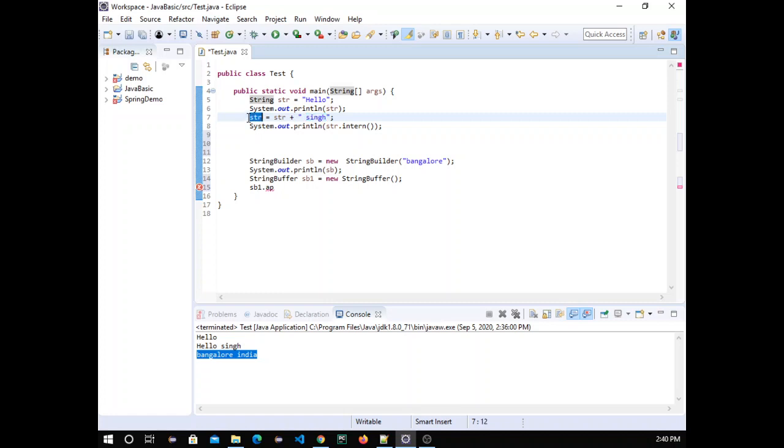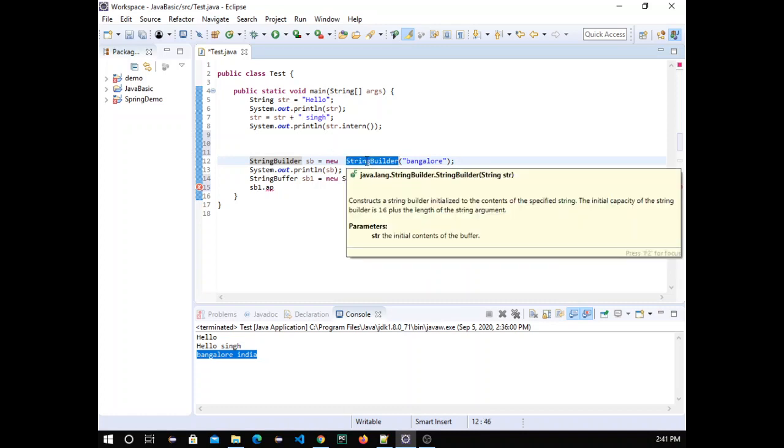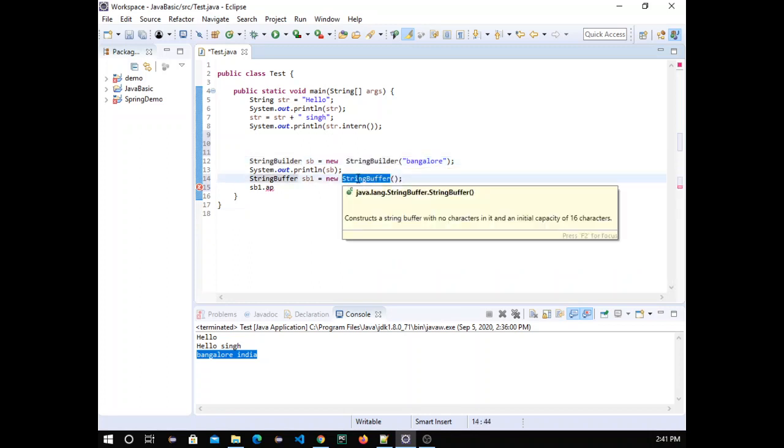Suppose thread 1 has updated the existing variable while the second thread is still on the second line. Now if thread 2 tries to print, it will also get the updated one. I am talking about the string builder environment. To resolve this issue, they use synchronized. Synchronized is the logic to make any code thread safe. So a string buffer is thread safe, it means a string buffer is synchronized.